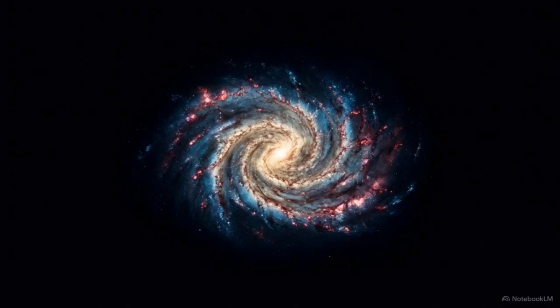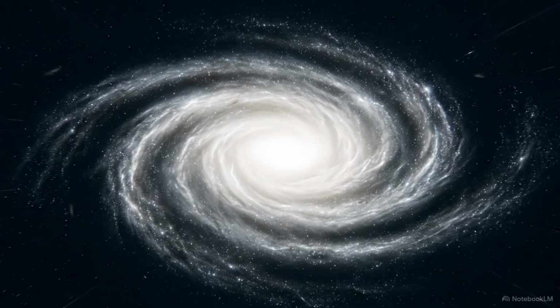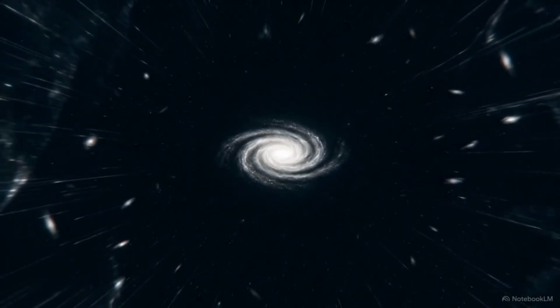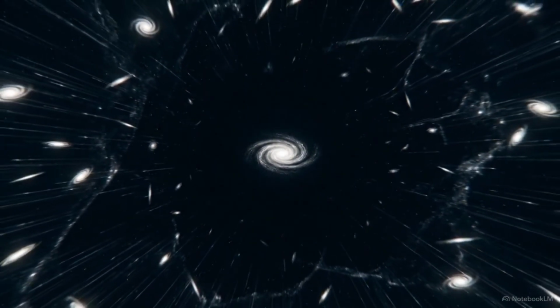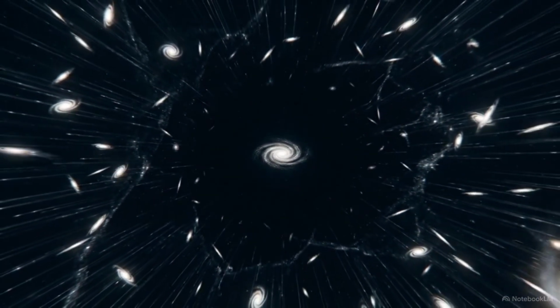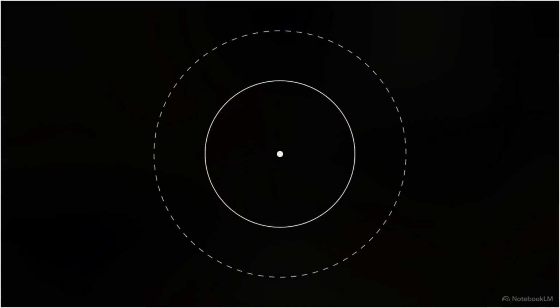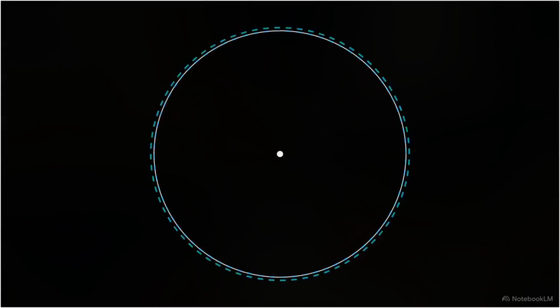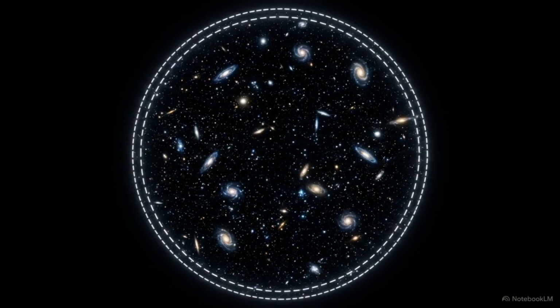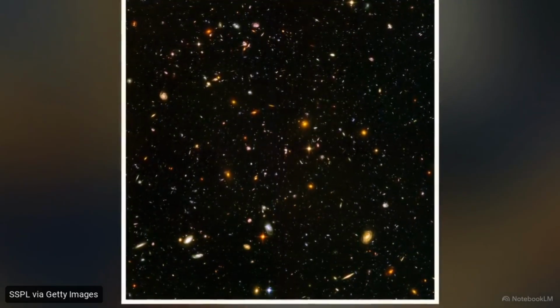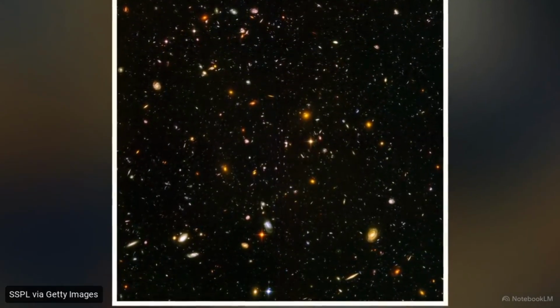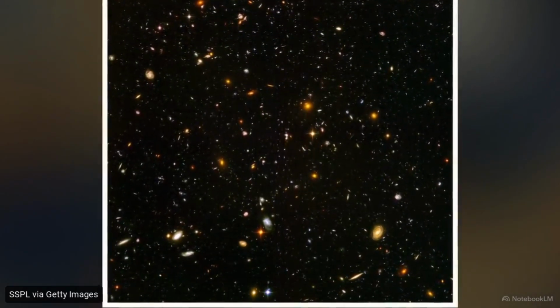Even a structure containing hundreds of billions of suns is ultimately isolated. The Milky Way is merely a local stepping stone when measured against the true scale of the universe. Light has a speed limit, which means there is a physical boundary to how far across space and time human instruments can see. We call this limit the observable universe. Looking deep into that boundary reveals billions of distinct galaxies, each as complex as our own.